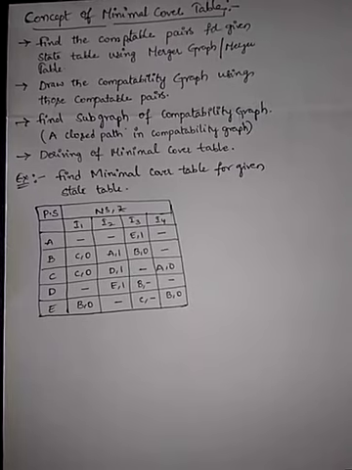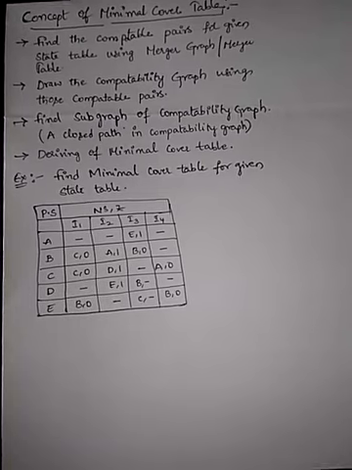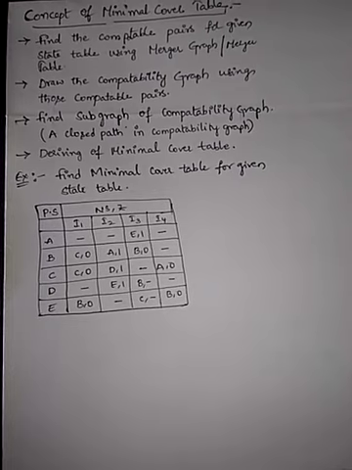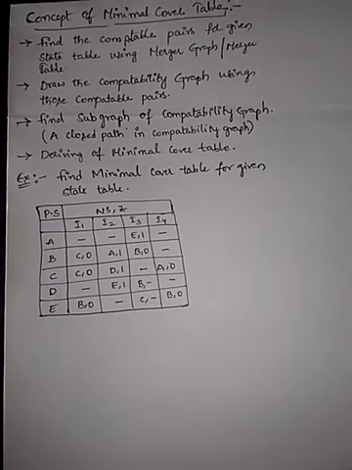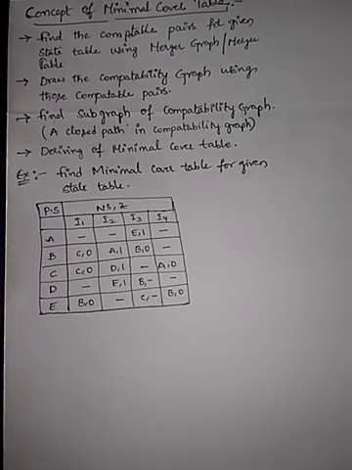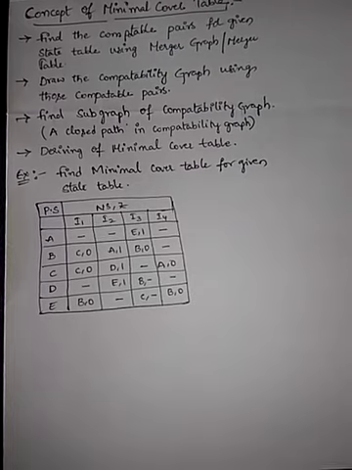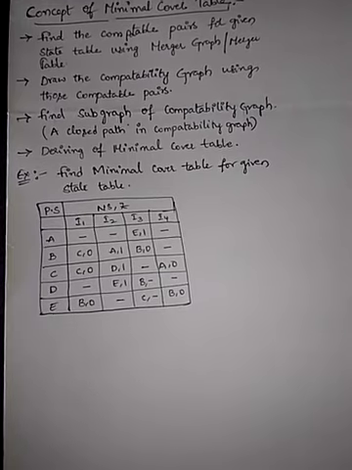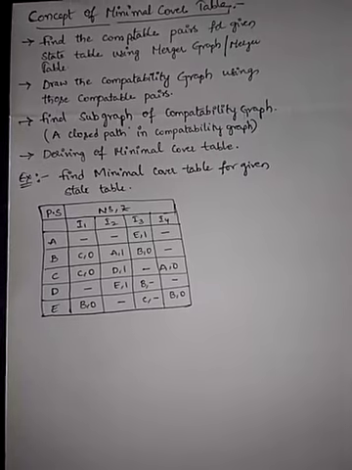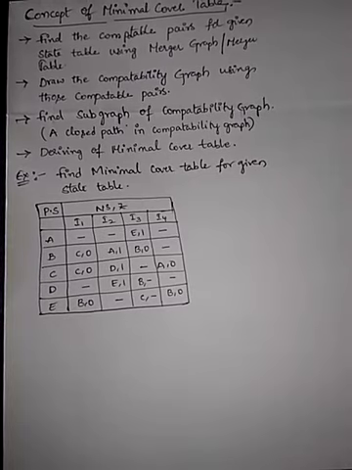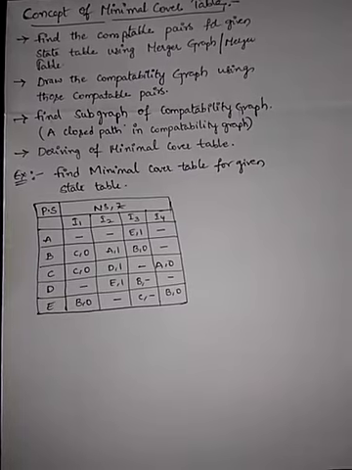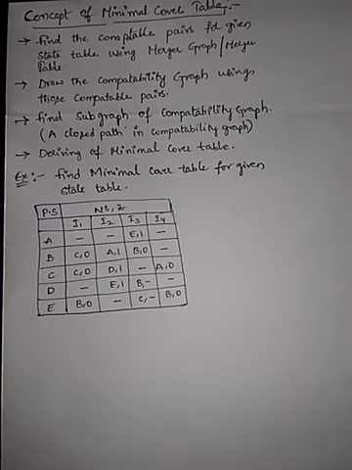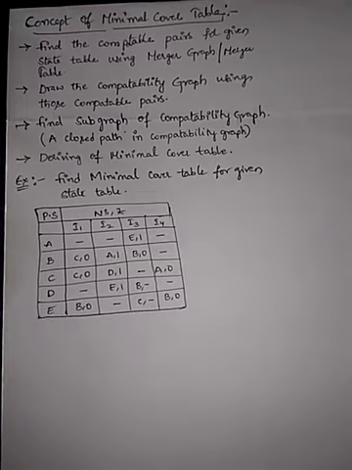Now here they asked only to find the compatible pairs. Okay, compatible pairs is enough. That's why you don't need to go for the internal concept. Suppose the merger graph is done; after drawing the final graph, you can just list out all the compatible pairs. That's enough. If you do it with a merger table, there also you can list out the compatible pairs. That's it. No need to find the set of maximal compatibilities here. That is the first step. You need to find just the compatible pairs for the given state table using merger graph or merger table. That's your wish, any one method.